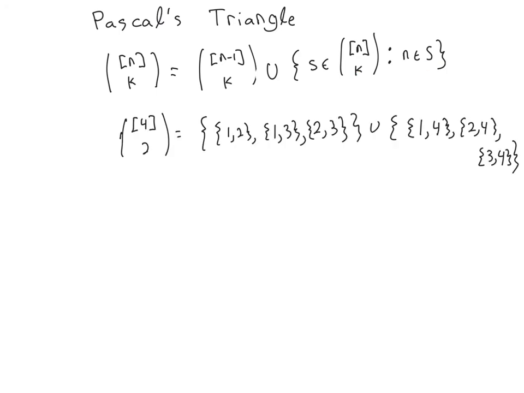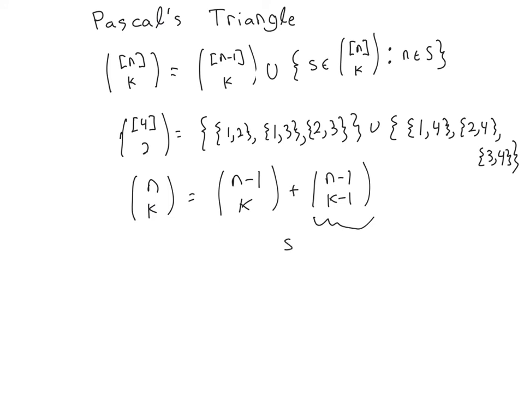To make this completely explicit, let's let n be 4 and k be 2. We see that we can decompose the collection of 2-subsets of the integers 1 through 4 into two collections. The first collection are the subsets that don't have the number 4 in them, and the second collection are the subsets that do. That's exactly what this is doing, and so that tells you that we can write n choose k as n minus 1 choose k plus whatever the size of this second set is. And the answer in that case is going to turn out to be n minus 1 choose k minus 1,